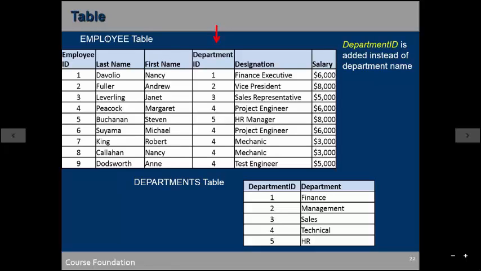Now to make you understand in a very simple way, consider this department ID is a resident, like he is a member of this department table, right? Now if this department ID is going to some other country, then over there he would be considered as a foreigner, right?